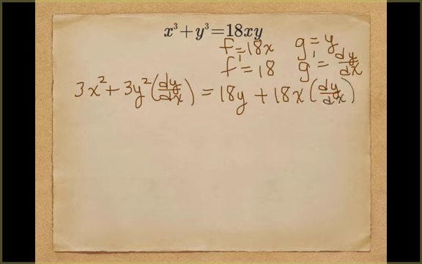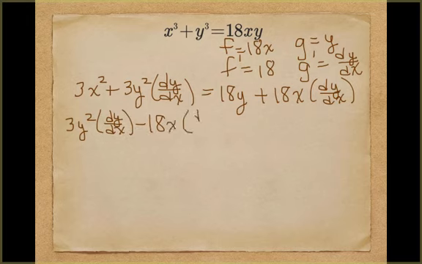Then, getting the terms with dy/dx on one side, 3y squared dy/dx minus 18x dy/dx equals 18y